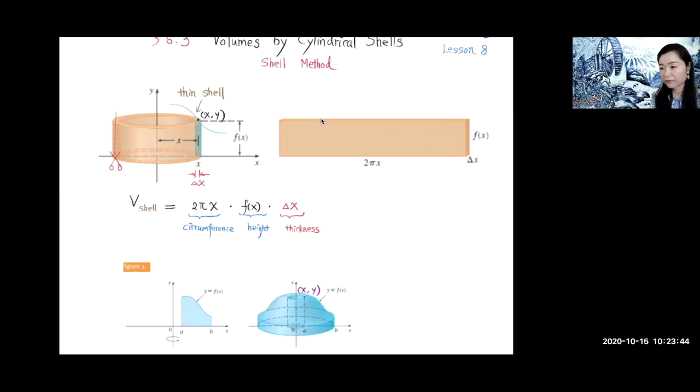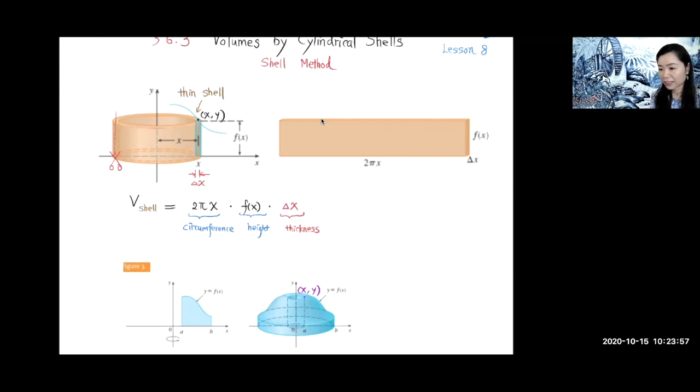Finding volume of a solid by using the shell method. Okay, so take a look over here. This is a very thin shell. Imagine that it's kind of like a very thin paper roll. So we try to find the volume for this